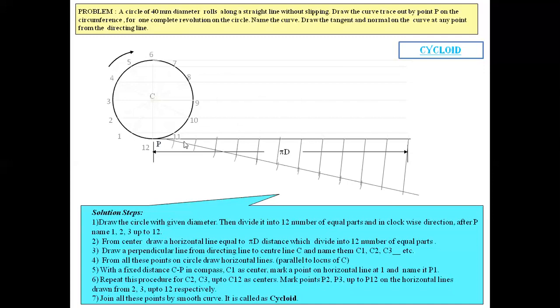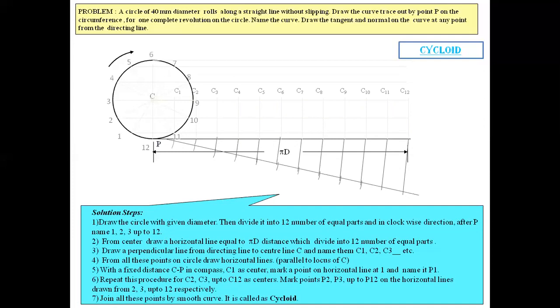After that, all the points are connected: firstly, the end point is connected to the end point of the straight line. After that, parallel lines are drawn from all the points and connected to the straight line, and all these 12 dimension lines are connected perpendicularly at the point C from the straight line like this, and give the names C1, C2, C3 up to C12.